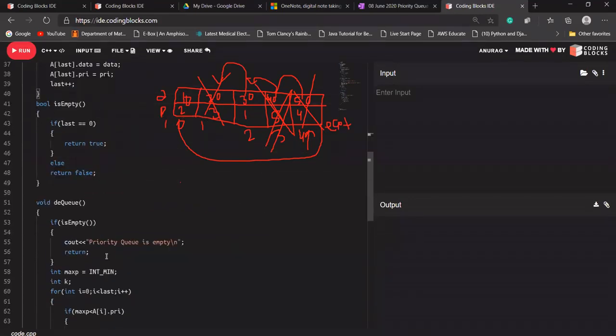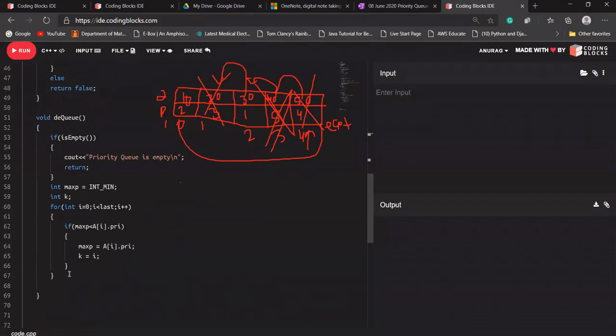Okay, so let's move further. Here let's say I found index 3, and I know this is the index.